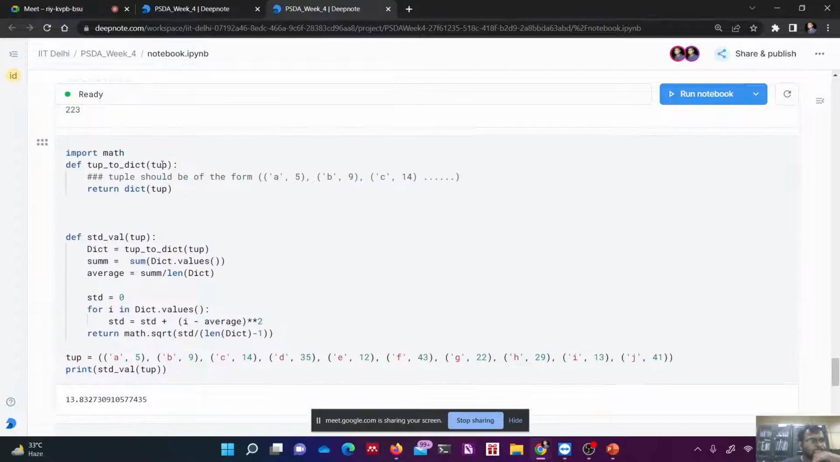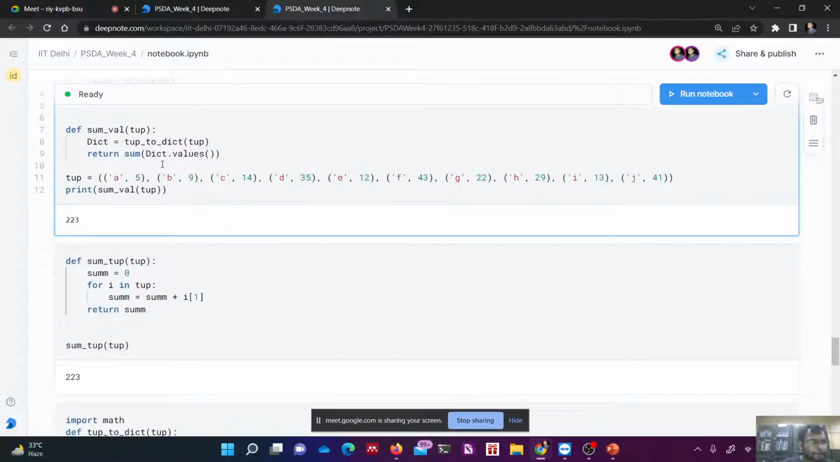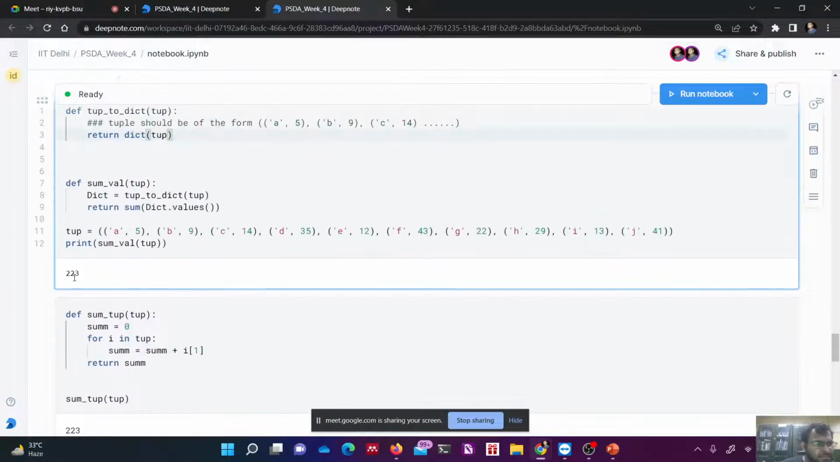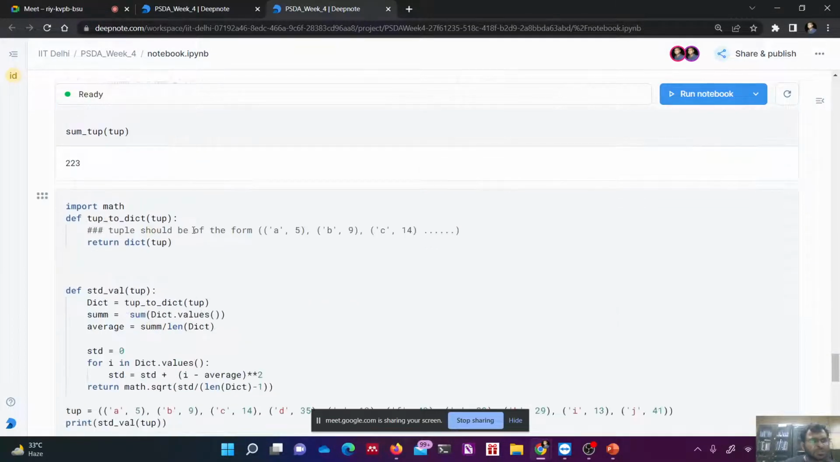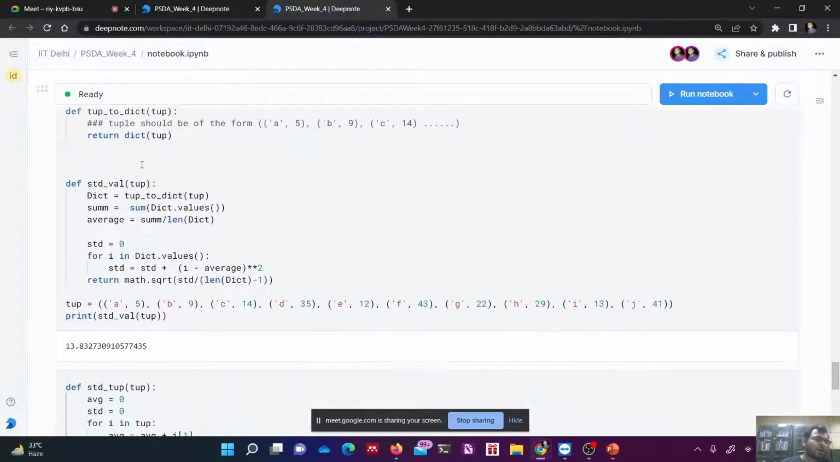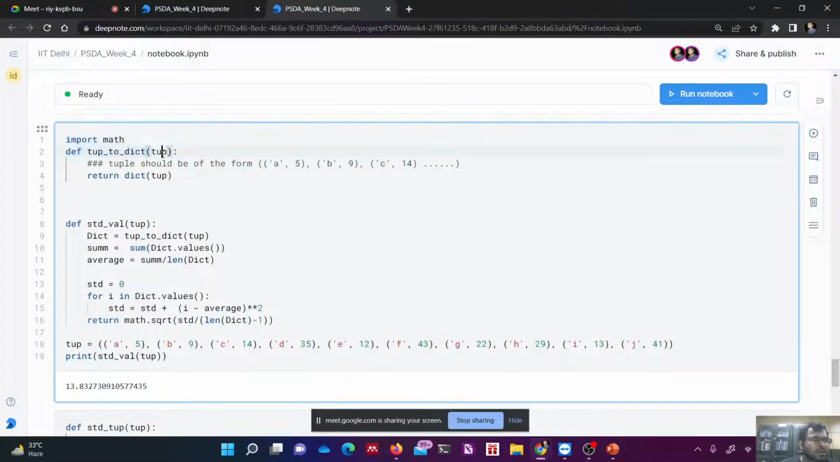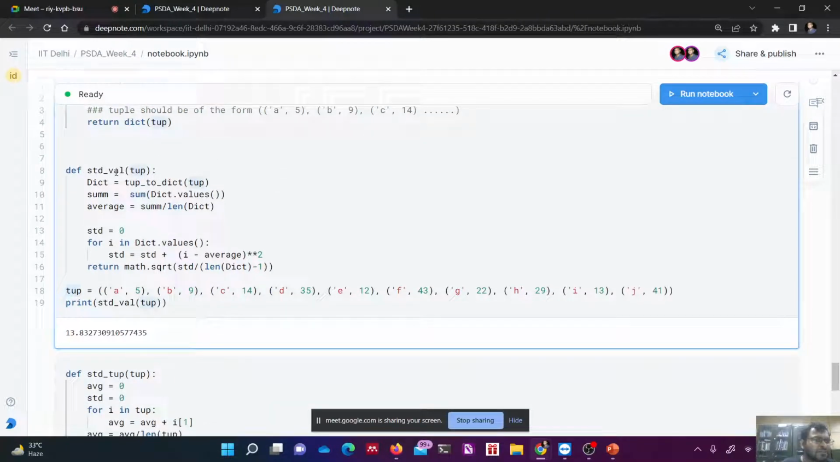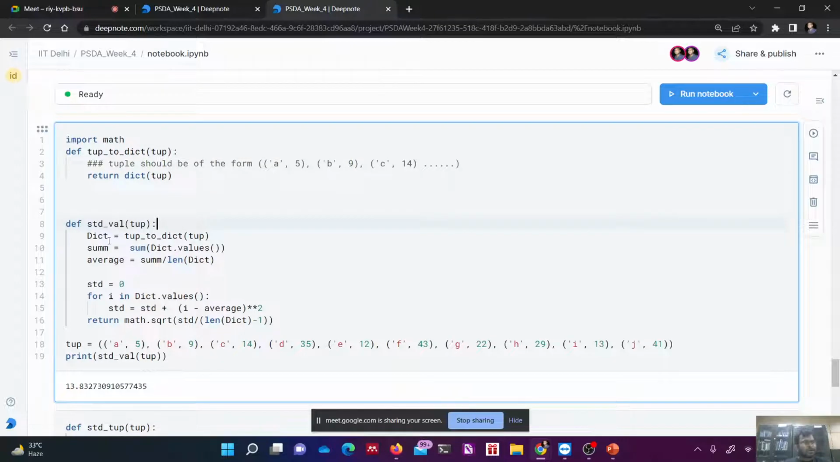I think this is a part I was to omit. I forgot. No issues, because here we are not calculating the standard deviation. Let's omit this for now. Here we have converted our tuple to a dictionary, and then we are defining a function that is going to compute the standard deviation for this particular tuple. So first we call this function to convert our tuple to a dictionary, and then we are going to calculate the